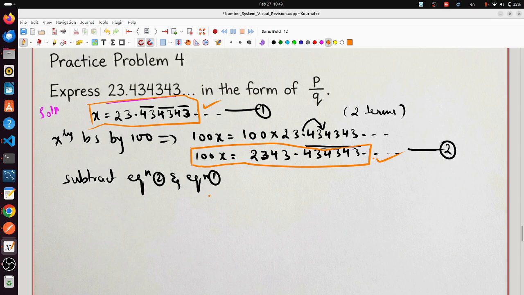Subtract these two. 100x minus x, equal to 2343.43, which is repeated, minus 23.4343 dot dot dot. 100x minus x is 99x equal to, here we will solve separately,